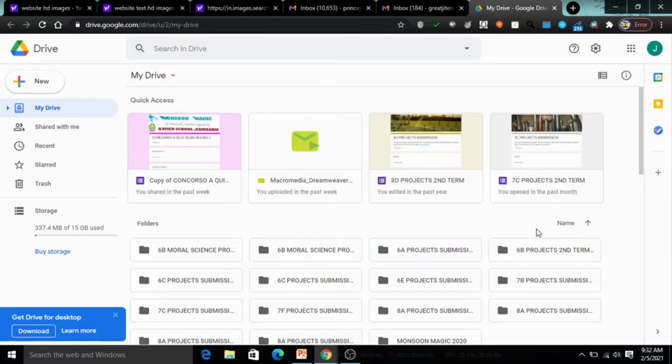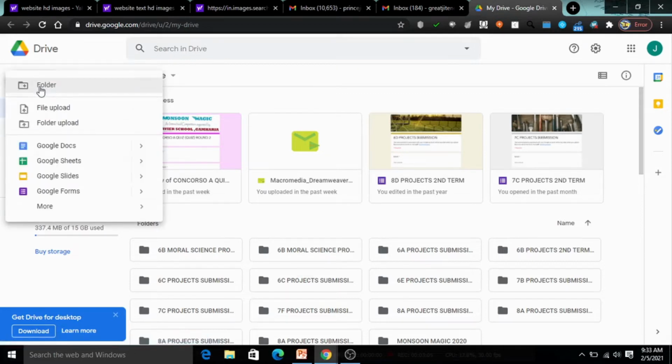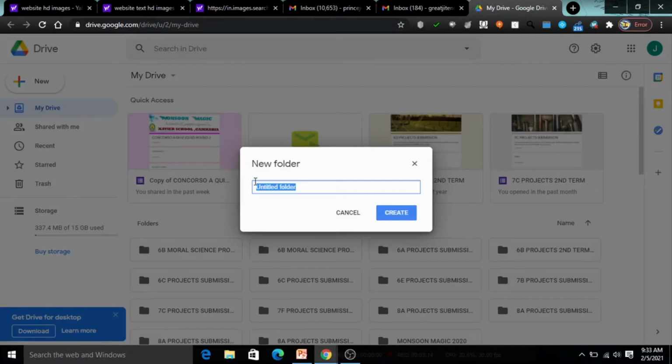Okay, now here we have got a Drive location. It has got various options in it. We have started our Drive. Now suppose I want to upload a file. For that we need to click on this New button. Once you click on this New button, it will allow us to create a folder. Suppose you want to make a new folder, you can make it. Here I'll click on folder and I'll name it Monsoon 2021. So this is my folder.